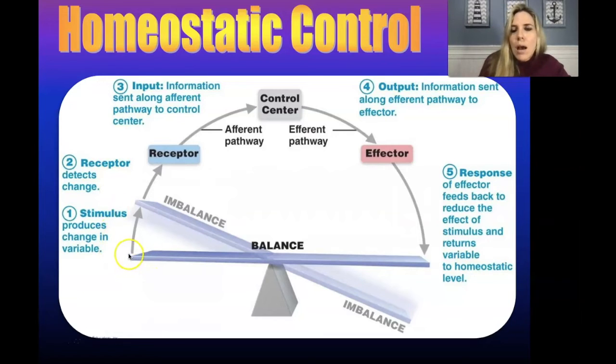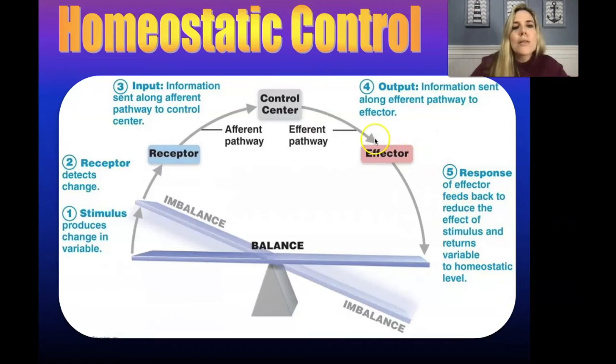So this idea of going from the stimulus through the receptor to the control center is what's called the afferent pathway. So afferent refers to sending something toward a control center. So that's the afferent pathway. Once it's in the control center, for example the brain, cells in the brain are going to say, I'm interpreting this as something's wrong and we need to fix it. And so it's going to fix it by sending out information through the efferent pathway, with an E. That output is information that's going to tell the receiver, okay, here's what you need to do to fix this.